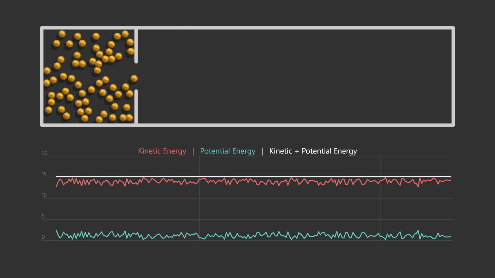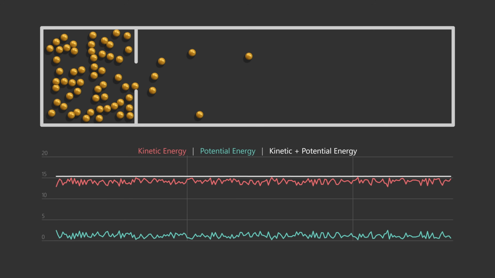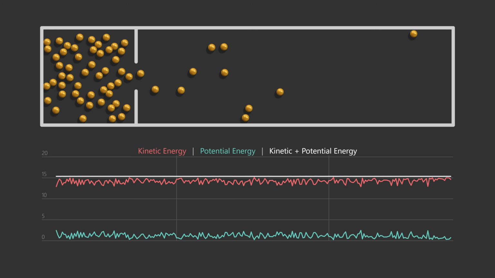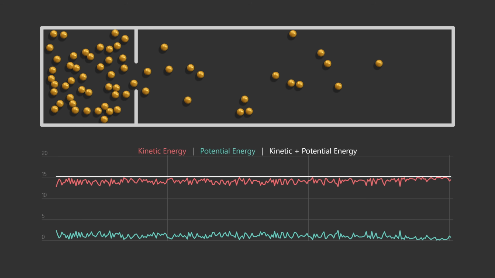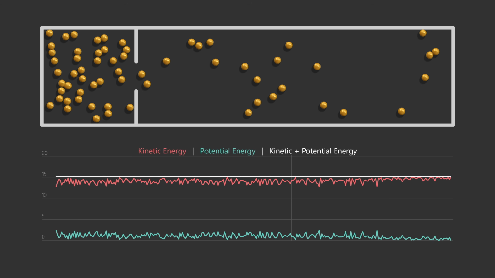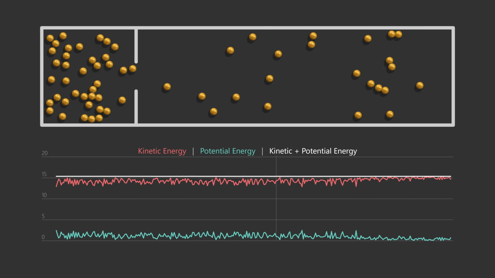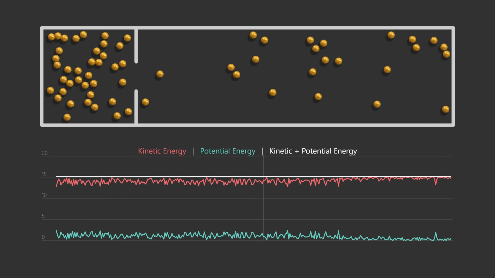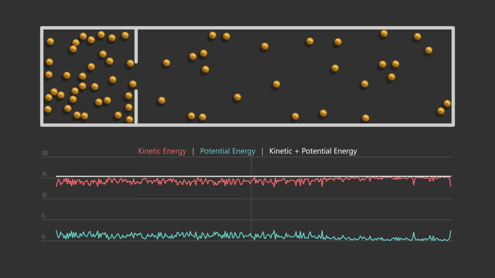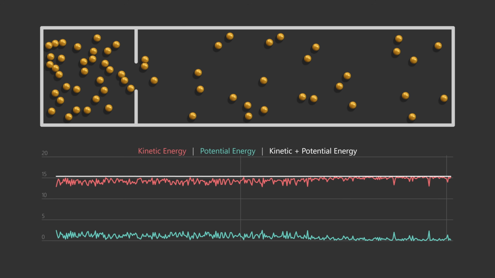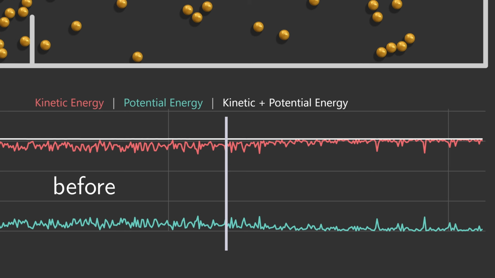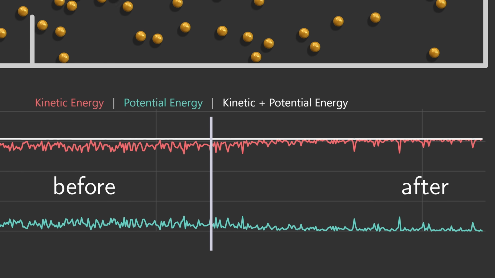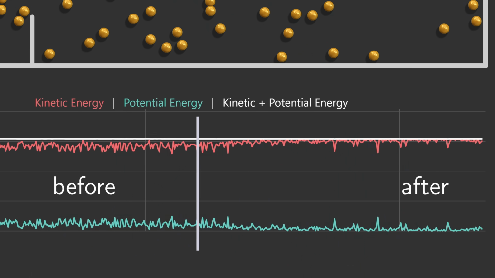But now, if we open this valve, on average, fewer atoms will be close together. And that means less of the energy is stored as potential energy. There's more kinetic energy, so the atoms are faster. The effect is quite subtle here, but I think you can still clearly see the difference before and after the valve was opened. So a gas that is dominated by repulsive forces will actually heat up when it expands in